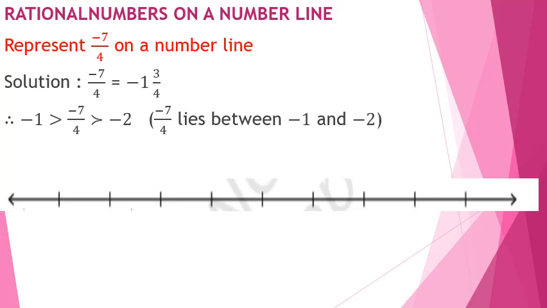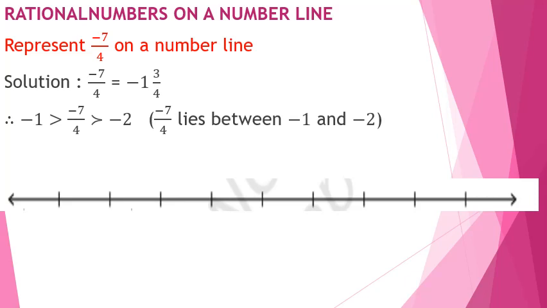Here minus 7 by 4 is not that big a number. So we can start with 0 upon 4. If the number is bigger, then you can find out which two integers it lies between. For example, here minus 7 by 4 lies between minus 1 and minus 2. So instead of 0, you can start with minus 1 also. Here minus 7 by 4 is a small number. So we start with 0 only, and 0 should be written on the rightmost side of the number line. And the denominator is 4.